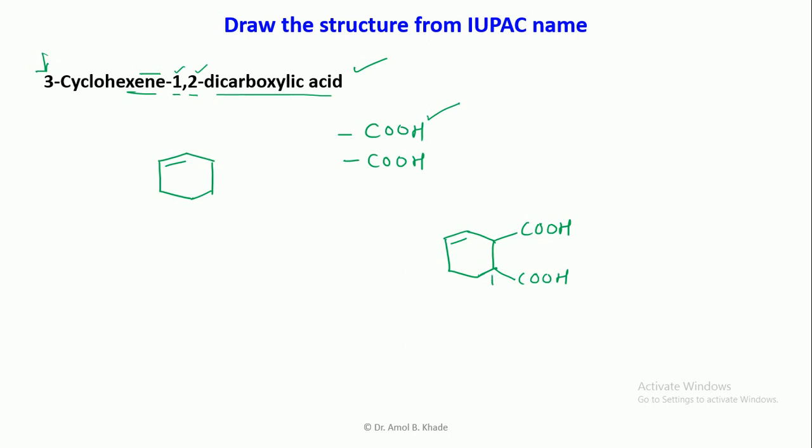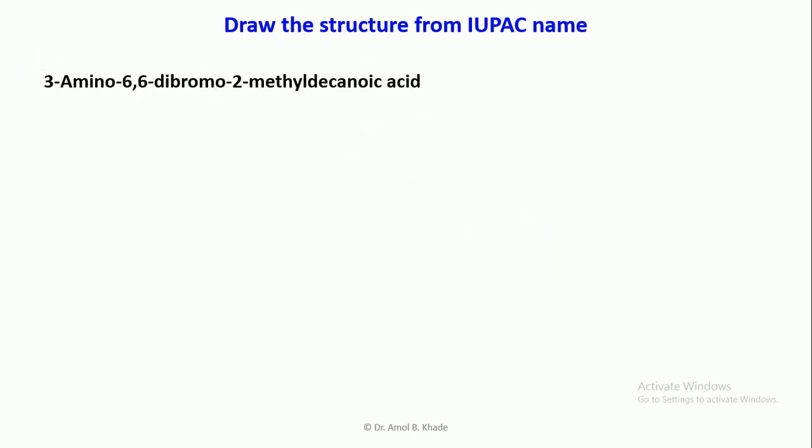So let's say I am numbering from the carbon which is attached to the carboxylic acid, so this will be 1, this will be 2, this will be 3, and so on. Okay, so this will be the correct name for this structure, 3-cyclohexene 1,2 dicarboxylic acid. Okay, all right. Next,